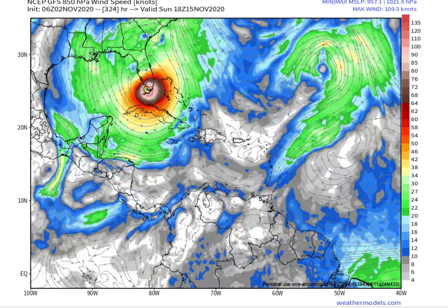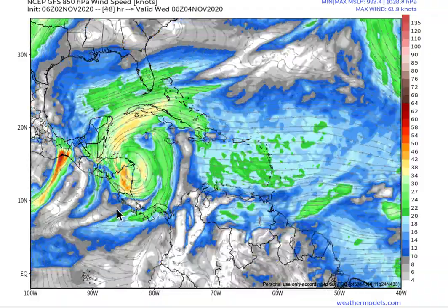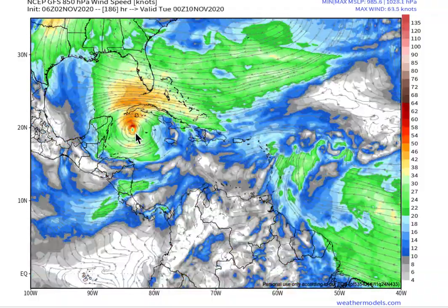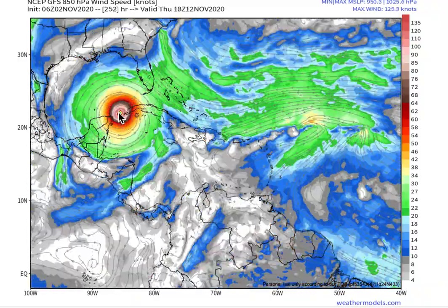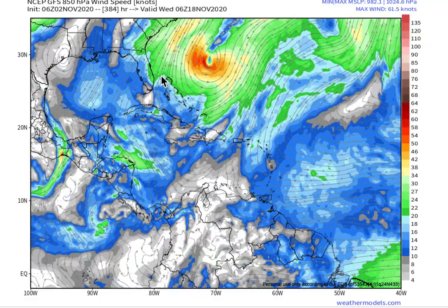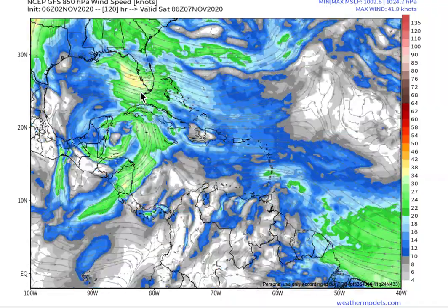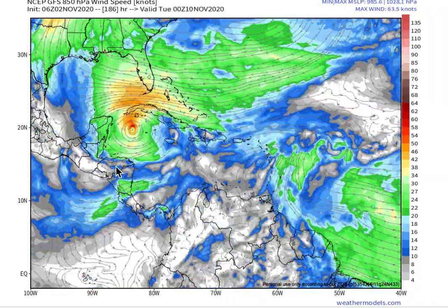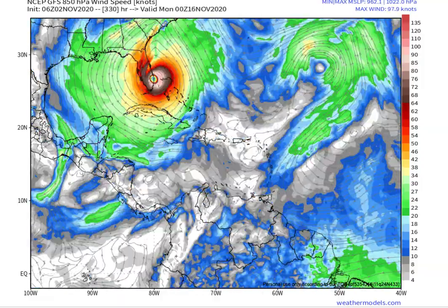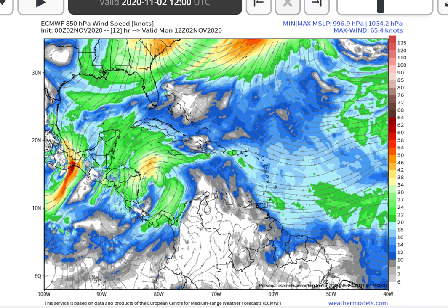It makes me go through the whole thing before I come back to the beginning. But it strikes, kind of falls apart as it comes inland, but then kind of reforms to our north. And then the North American model, you'll notice, has quite a strong storm coming up through Florida. Now this is into next week, so it's very uncertain that it'll actually do that and hit Florida. But this general motion of coming inland and coming back to the north, there's general agreement on that in the models. So this is now the European model,